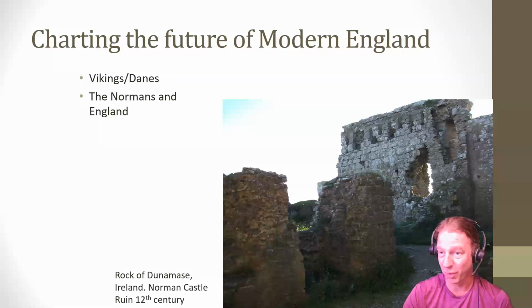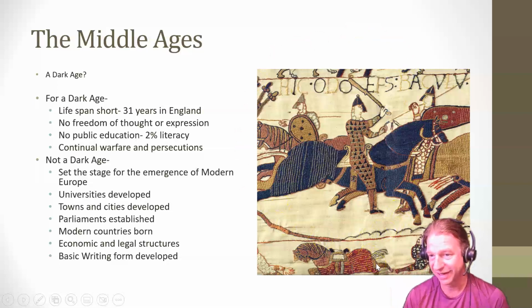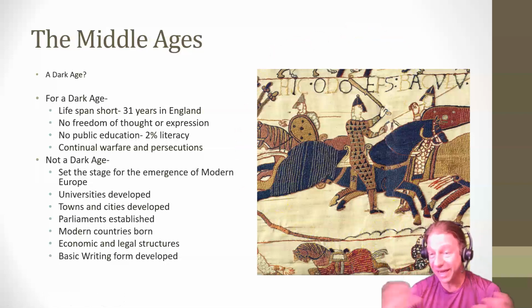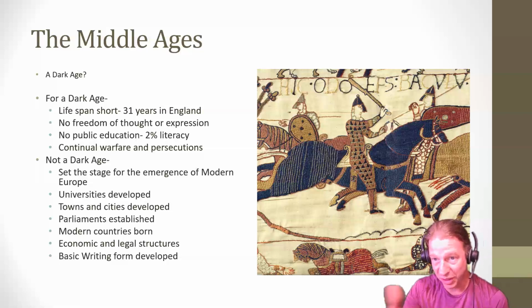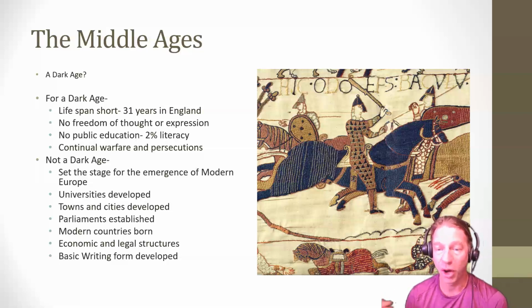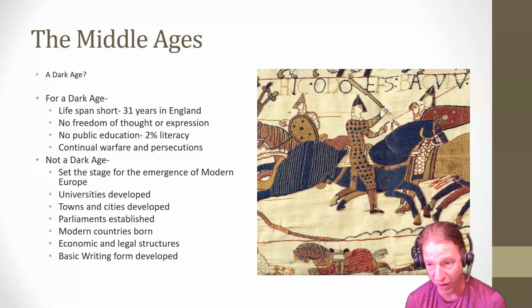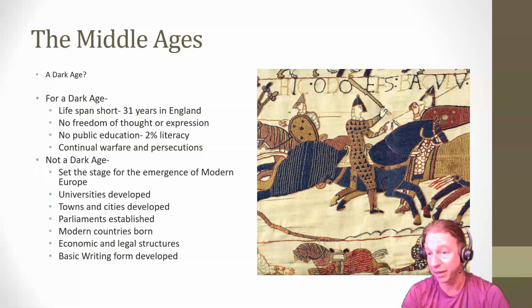And if I go back just a moment here, this is a tapestry, by the way. This is the Bayeux Tapestry. It is depicting the Norman conquest of England, which is associated with the Battle of Hastings in 1066. The Bayeux Tapestry, which is on display typically in Bayeux, sometimes it's on tour, but in Bayeux, France, which is in Normandy, in the cathedral there. And this tapestry depicts the victory of William the Conqueror in the Battle of Hastings.